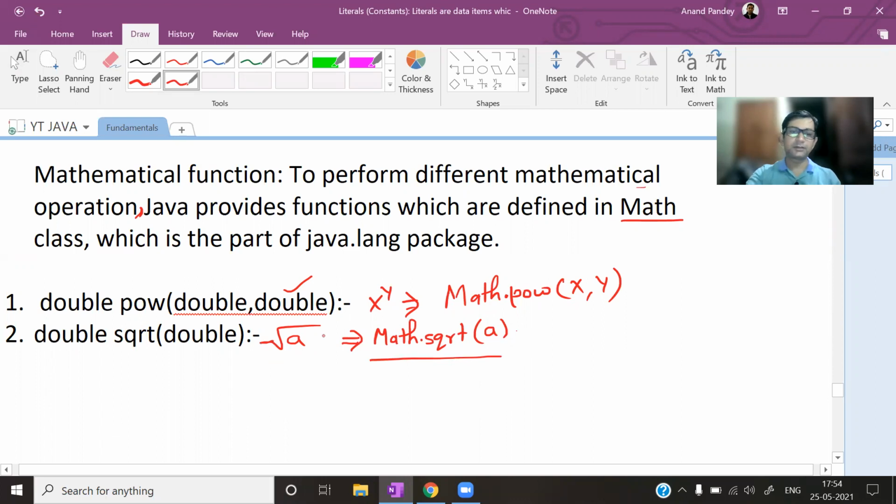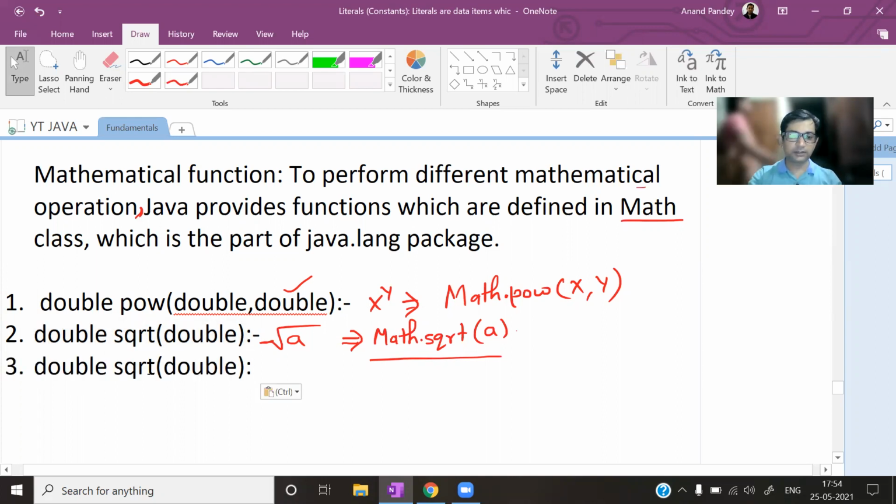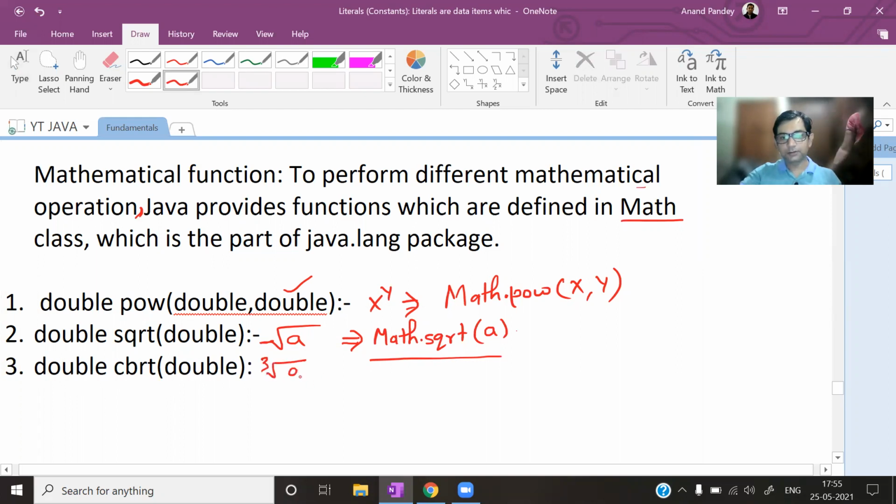Please remember this. Like this, if you want to calculate the cube root, for that also we have a function whose name is cbrt. Here you can write cbrt for the cube root. So how can it be done? Consider you want to calculate the cube root of a.